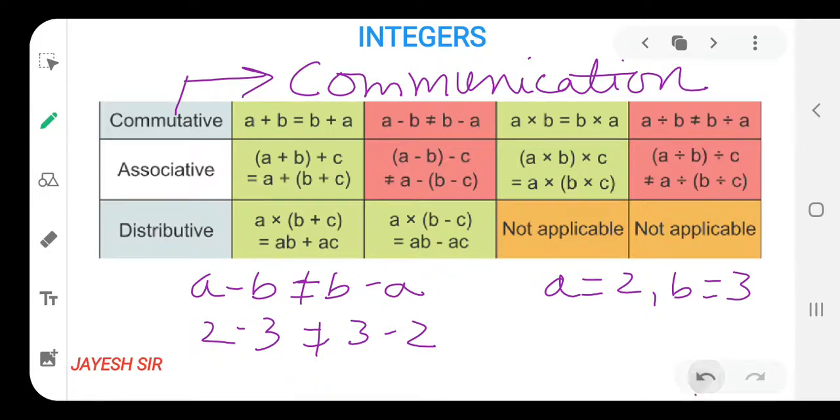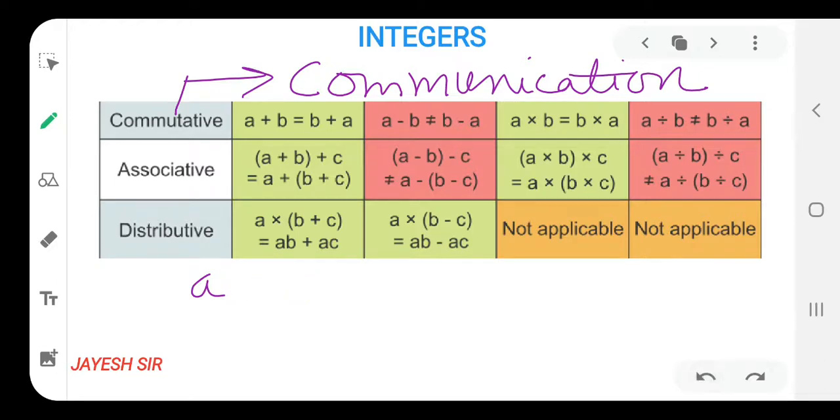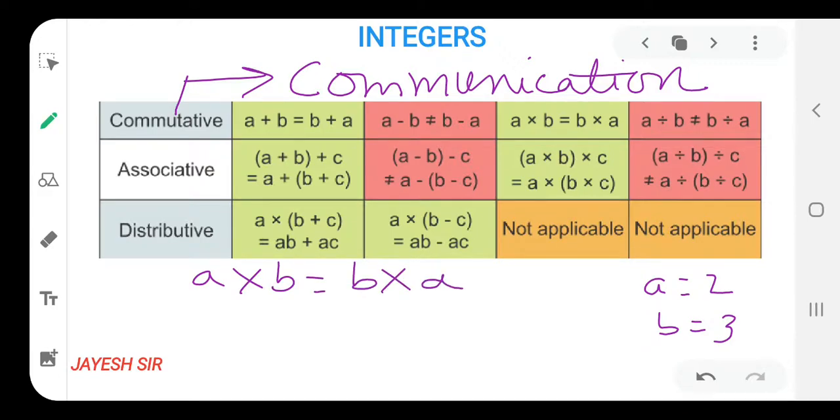So let's begin with multiplication. We have to assume the value of A as 2 and the value of B as 3. Now let's do it for multiplication. A multiplied by B is equal to B multiplied by A. Now let us put the values: 2 multiplied by 3 or 3 multiplied by 2. That does not affect our answer, as our answer is the same on both sides. That means in this also either you can speak or your friend can speak. This way of communication is true and feasible in our day to day life also. In this way we can remember it.